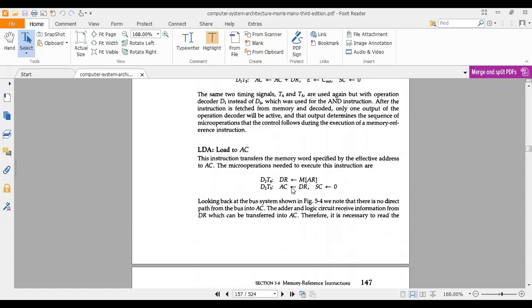Now the load operations. Is there any problem? Anyone? Look, this will come in your mid sem, we can ask questions. Load the data to the accumulator, then you have to show D2, D4, D2, D5, this sort of thing.